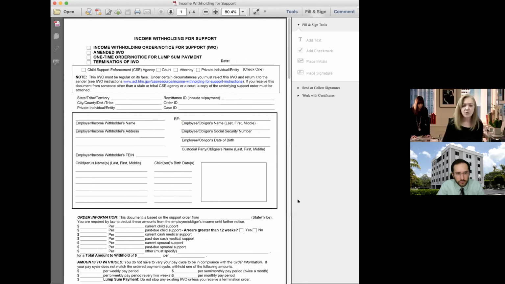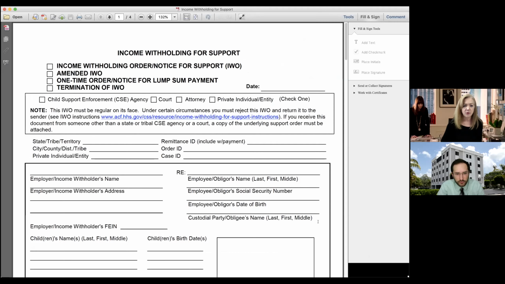Hey, John Lonergan, I got a question for you. Early on in the IDO, you mentioned serving the underlying child support order, but I read in the rule we don't have to do that anymore. The OMB form requires it. Okay, so the judge is signing the IDO and we're just attaching the IWO. We don't need to serve the child support order? The underlying order itself, probably not. You can just serve the income withholding order